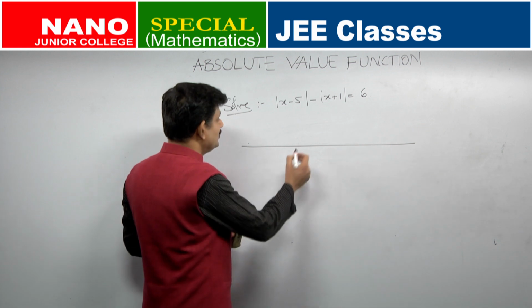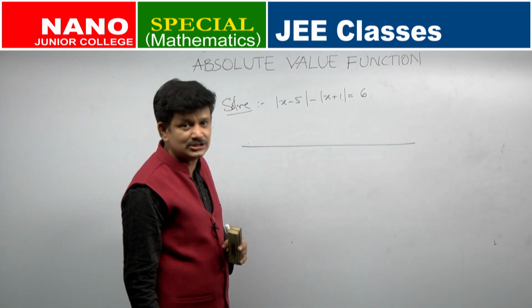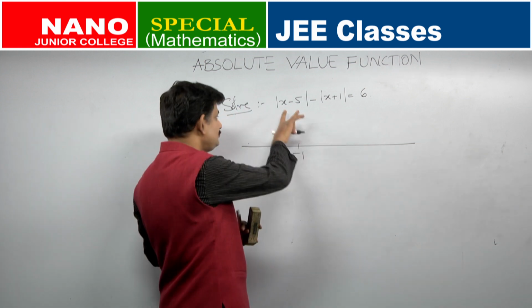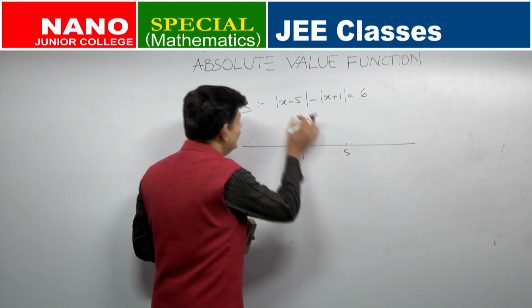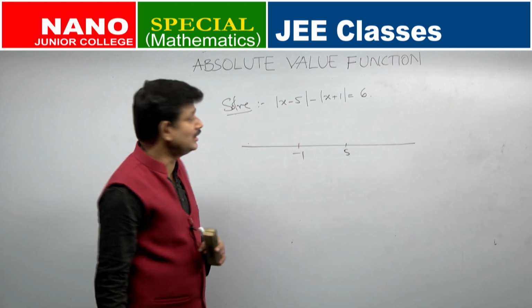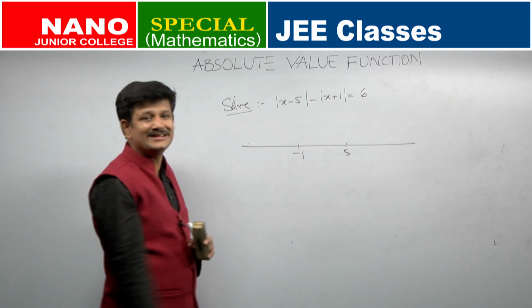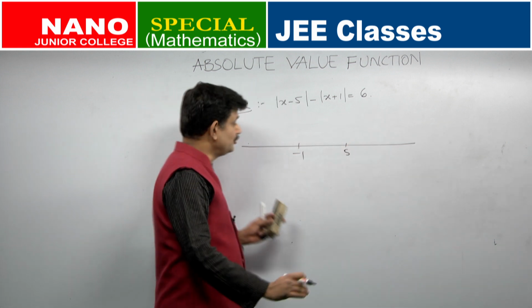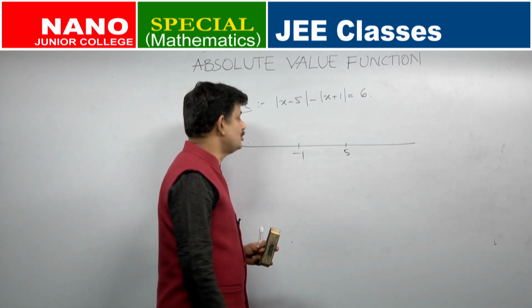So, in this particular situation, to decide whether x plus 1 is positive or not, what do I need to do? Cut the number line at minus 1. Here I need to cut the number line at 5, since x minus 5 is positive or negative according as x is greater than 5 or x is less than 5. So, I effectively have 3 cases. You can proceed from here both analytically as well as geometrically, and I want to do it geometrically.